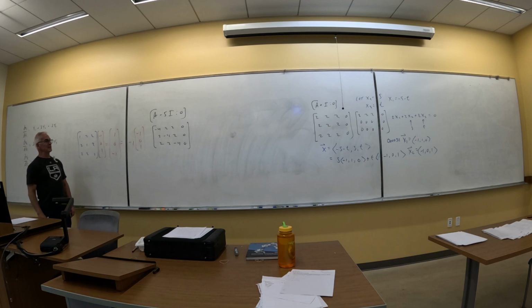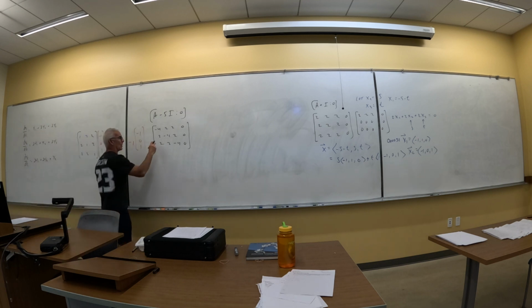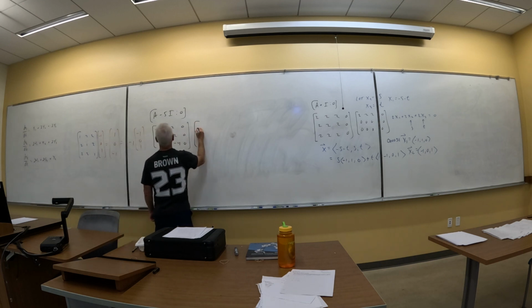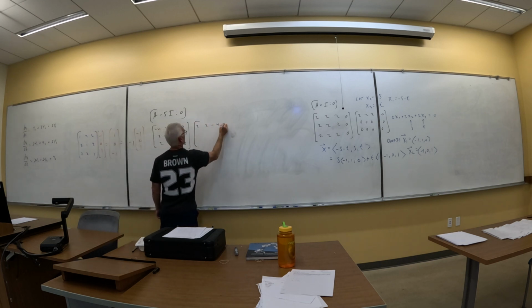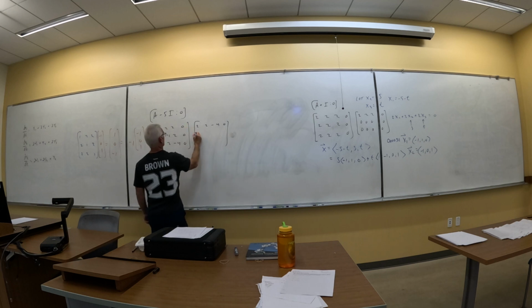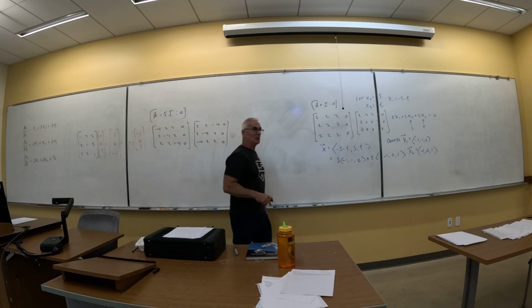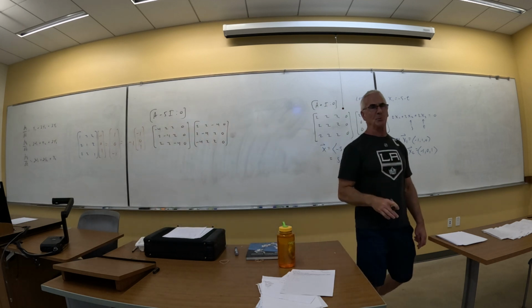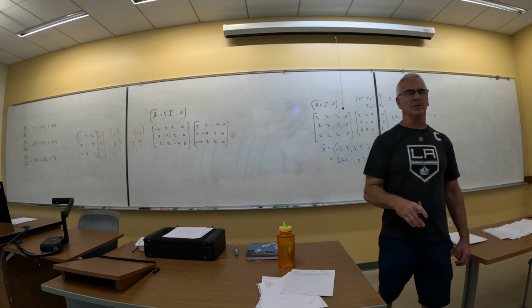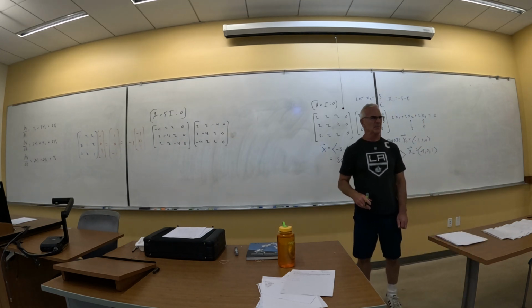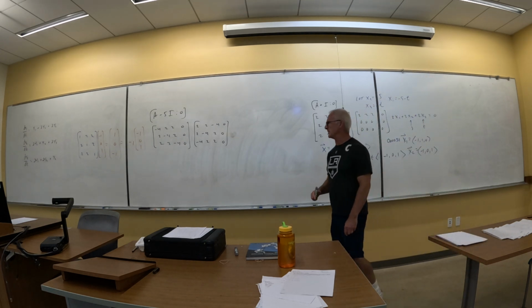Well, none of these are particularly friendly, so I think I want this one to be my row 1. So I'm going to switch rows 1 and 3. I'm going to be lazy. Usually you write the instruction. I'm just going to say it out loud when I'm doing it. Now, most people are told early on that a pivot has to be a 1. It's nice if it's a 1. It could be a negative 1. No, actually, all your pivot needs to be